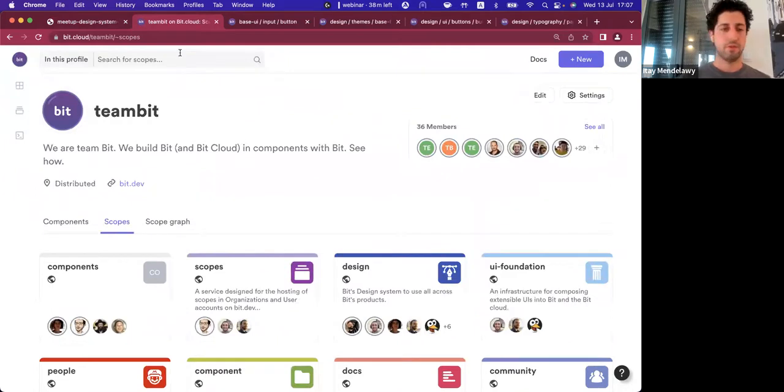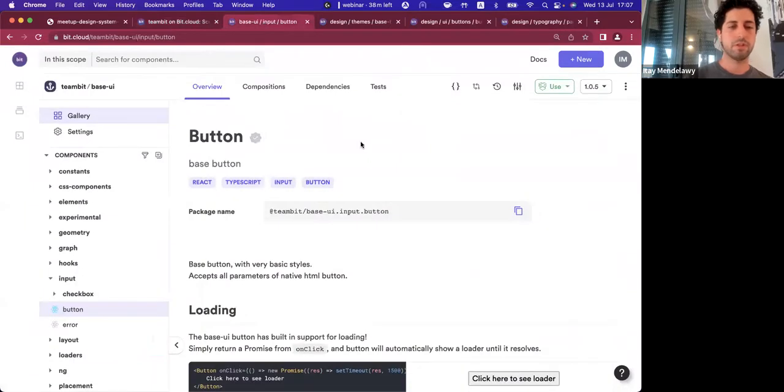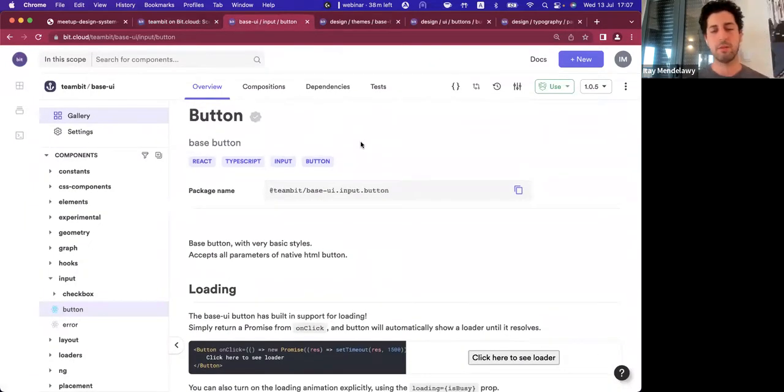So first of all, we'll touch on the base UI component as an example. The problem of having a single button to rule them all is very hard to solve. We can never know how many use cases there are or where that button is going to be used. So we want to provide the most basic functionality, almost a headless button that is themable, customizable and composable, in order to say, this is our base button. Whenever you want a button, take this as a base and compose things on top of it.